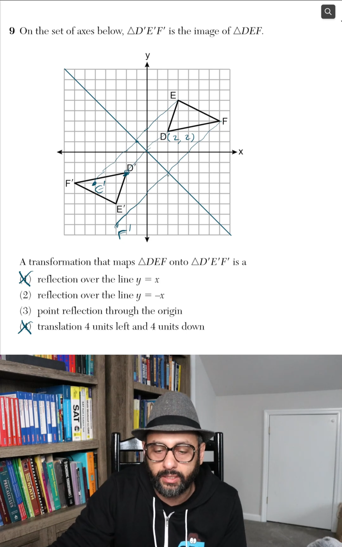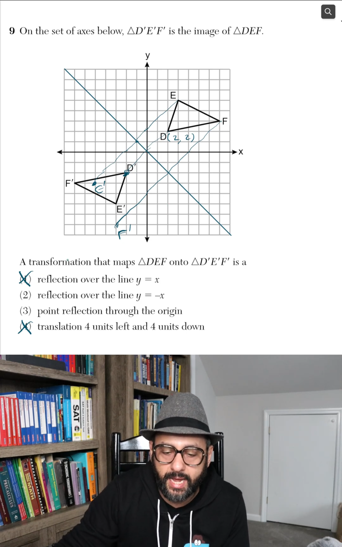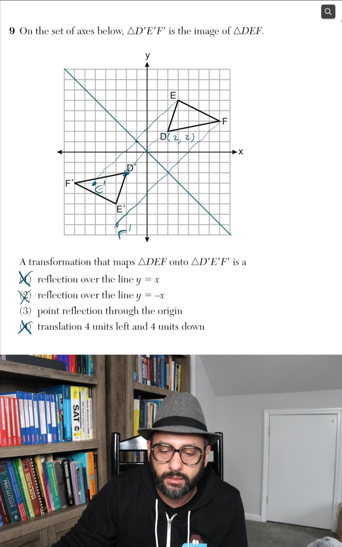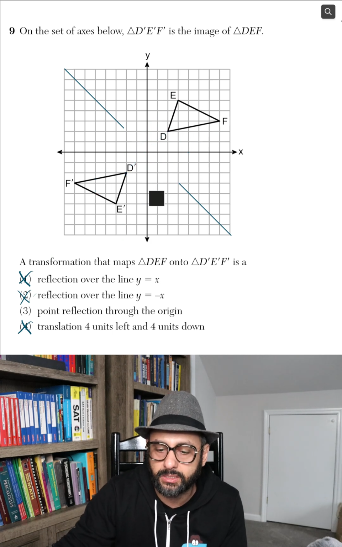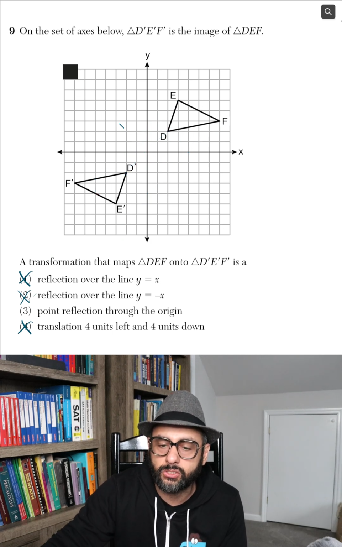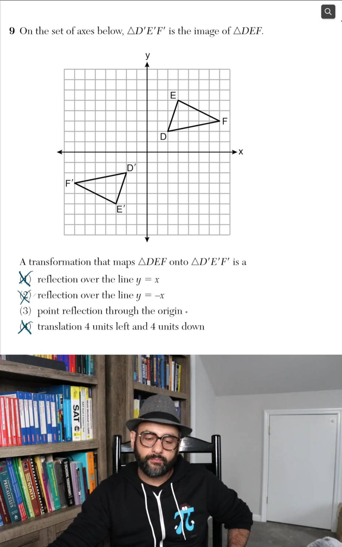And that's clearly not the same shape, right? So it's not a reflection over the line y equals -x. So we're going to cross that one out, and it really does leave only one more. And so now, how about a point reflection through the origin, which is equivalent